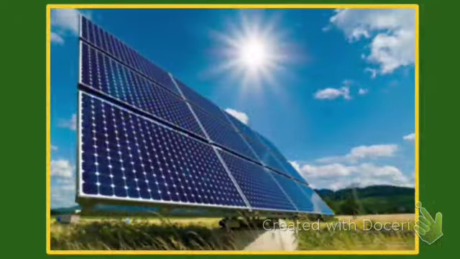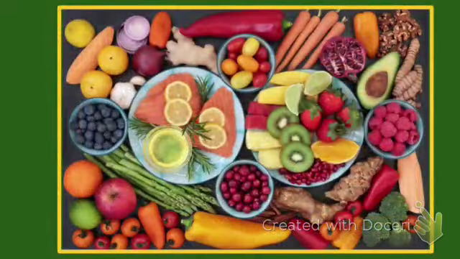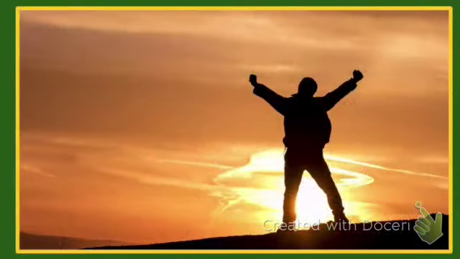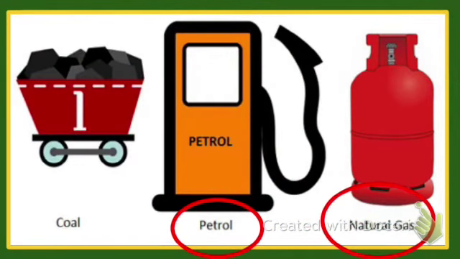The energy that we receive from the sun is known as solar energy. The sun's energy reaches us in the form of heat and light. Chemical energy is stored in the particles of substances like food and fuels. The chemical energy in the food we eat allows us to move. When fuels such as petrol and gas are burned, they provide energy in the form of heat.